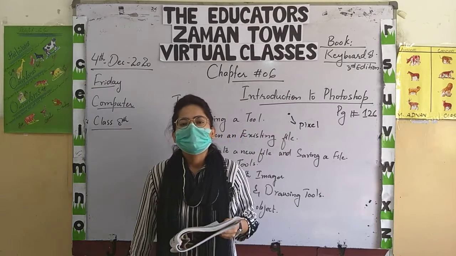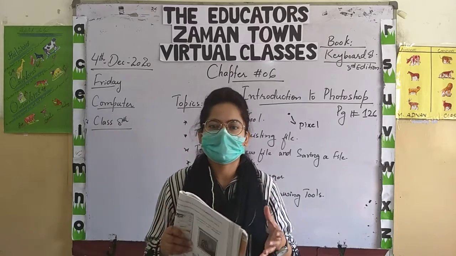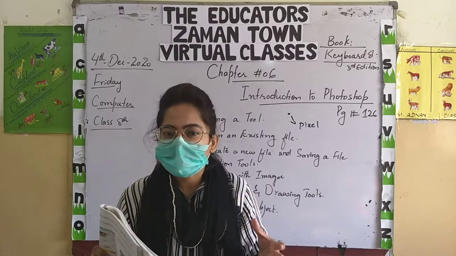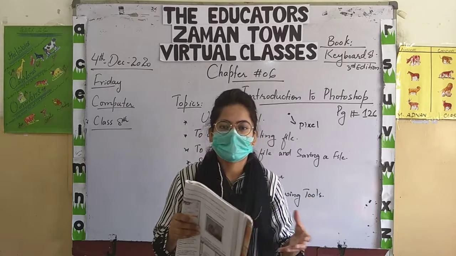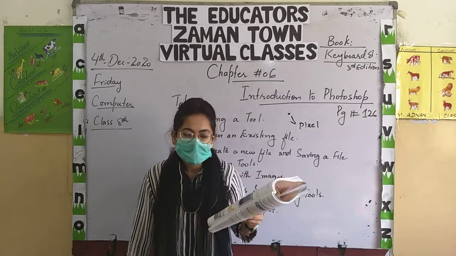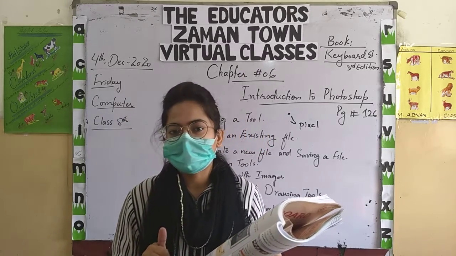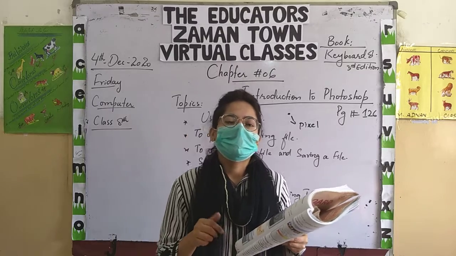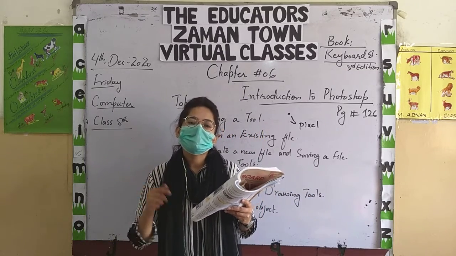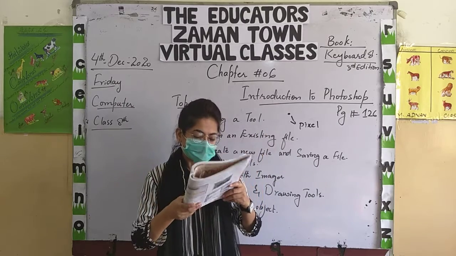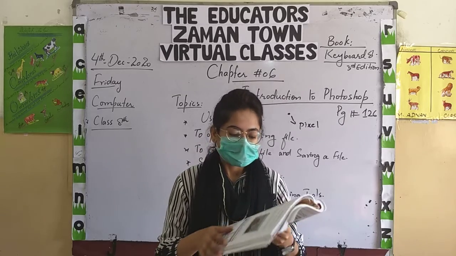What are gradients? Basically gradients are a mixture of two or more colors that blend together. Means a mixture of different colors that are blending together and making new colors, lighter or darker. So this is called a gradient. We have two types of gradient. Number one is linear and another one is radial. Linear gradient shows color in the form of lines and the radial one shows color in the form of circles. So you can also apply a gradient on your background or on any image as well.